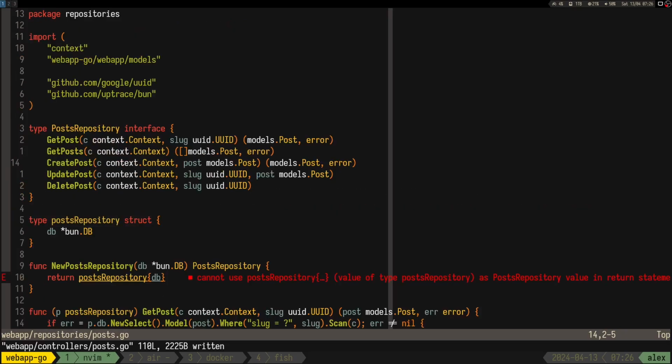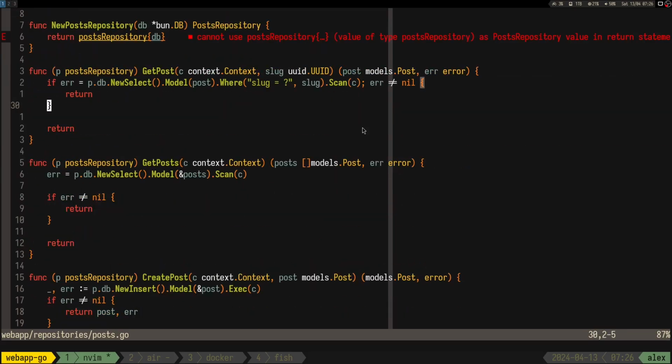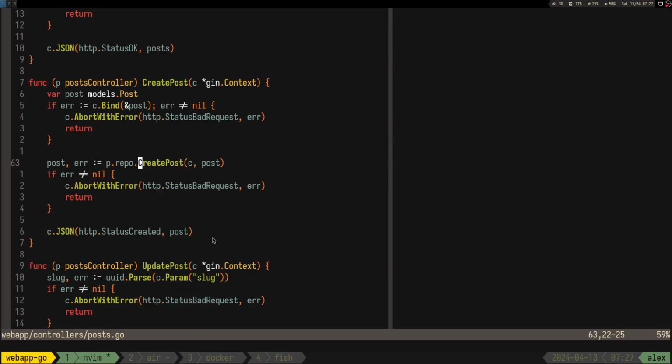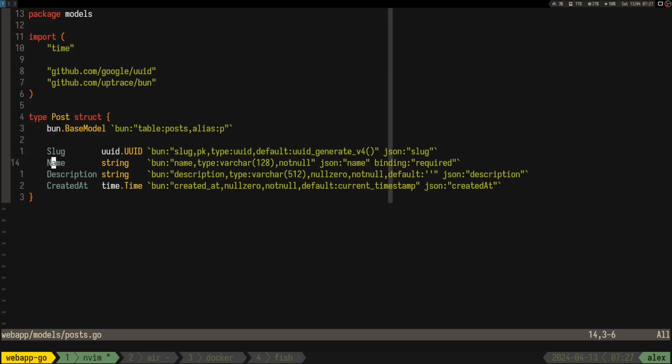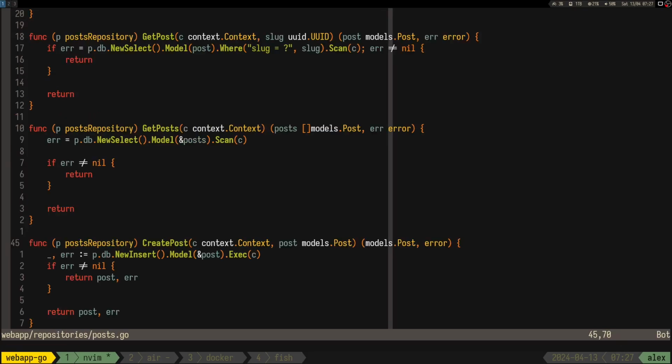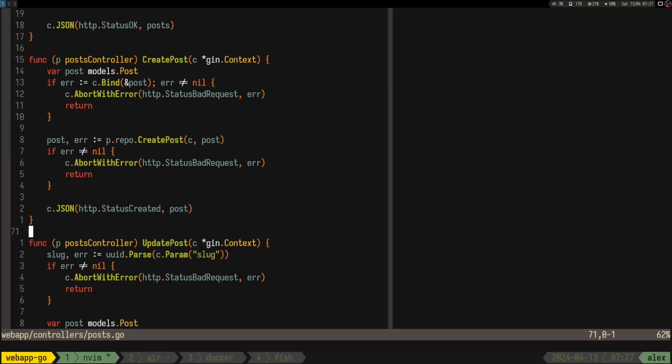Maybe we can say that this is a pointer and it changes it. That could also work. But I don't know. Let's go next. We'll see. Maybe it starts to make sense to have not the post structure here, but a separate structure that has only name and description. But we'll see. Maybe we'll do that after we finish with the